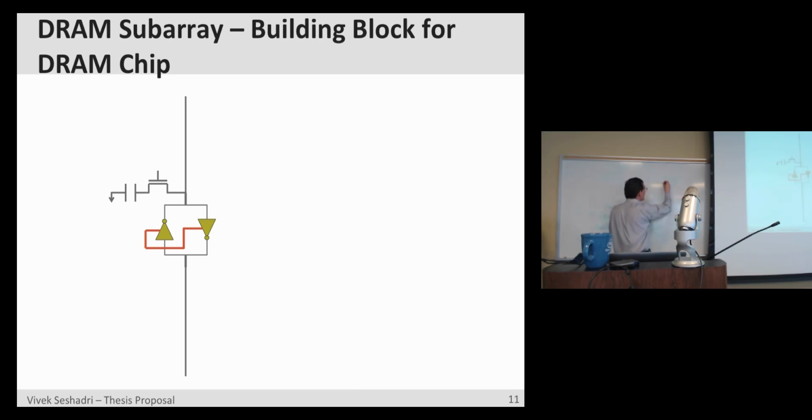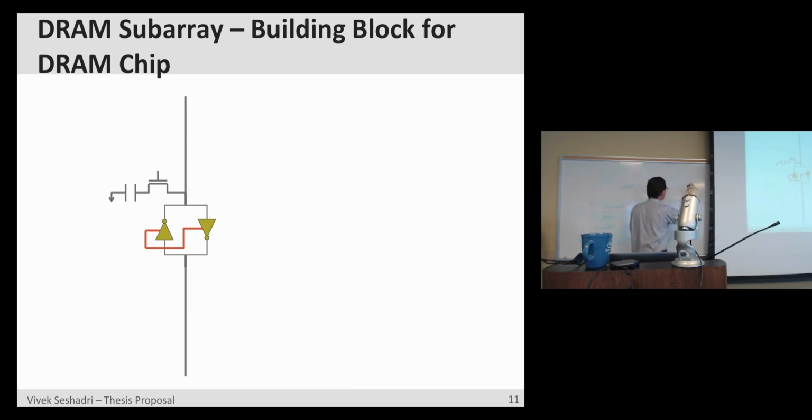If you have so many cells connected to a bit line, you have a very long bit line. As a result, you can have very high capacitance on this bit line. And this leads to problems. One is you have high power consumption. The second is latency would be higher because you need to drive a much longer bit line, much longer interconnect. The third is sensing becomes much more difficult because you have a long bit line, you need to have stronger drivers to do that. So as a result, to reduce the latency as well as to make sensing more reliable, what DRAM manufacturers do is divide this